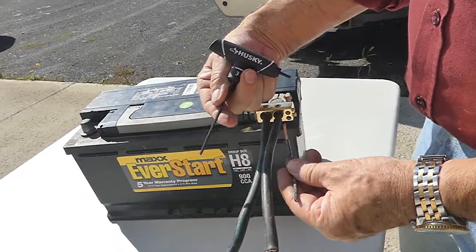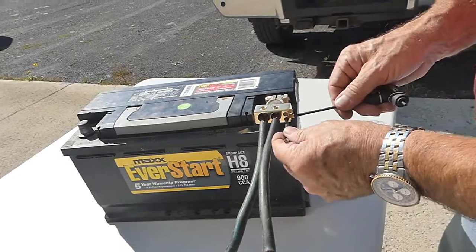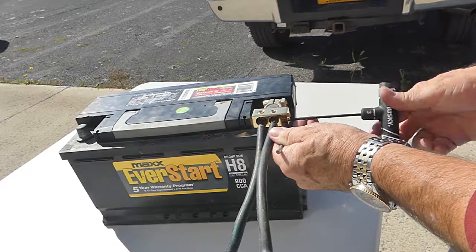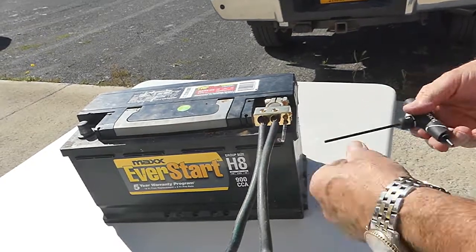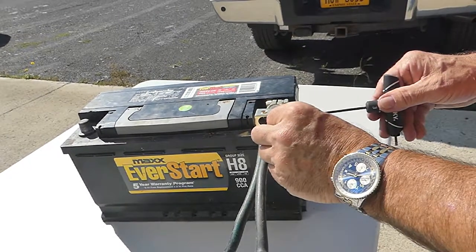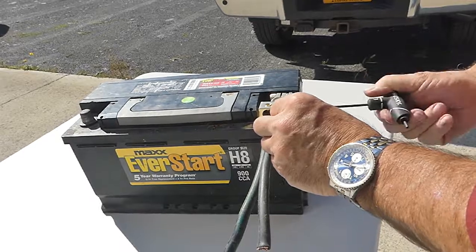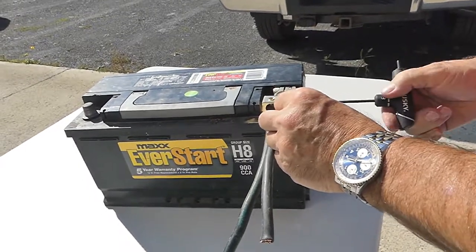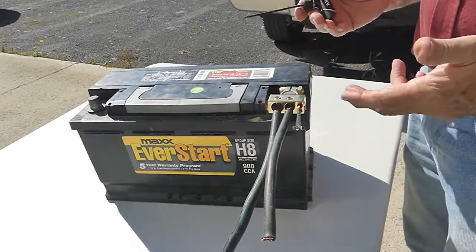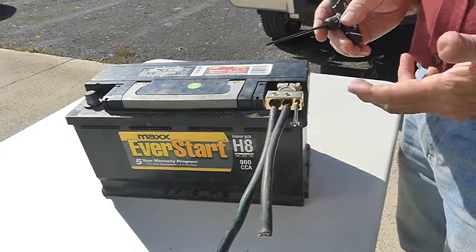Here you're going to use your 3 millimeter hex key. Same procedure. Put the cable into the socket, turning clockwise, tighten it down, make good mechanical and electrical contact. Do exactly the same thing with the other one. Now you're done. A perfect job, and the process and the tools necessary to do the negative terminal are exactly